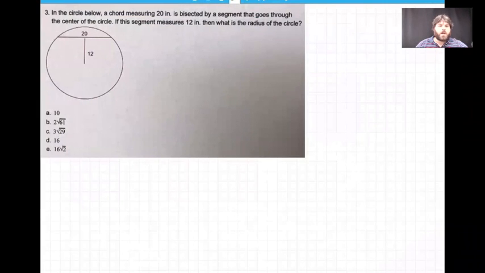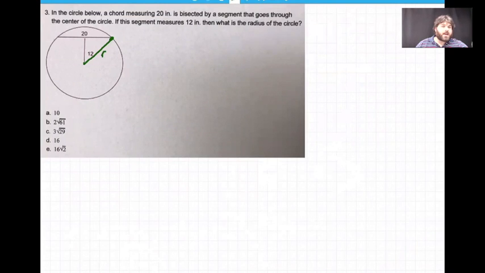All right, in the circle below, a chord measuring 20 inches is bisected by a segment that goes through the center of the circle. If the segment measures 12 inches, then what is the radius of the circle? Okay, so this problem, you got to know the radius of the circle. Well, how is the radius connected to anything that's going on in this picture? Well, that's the radius, right? Now, what you got to know is that